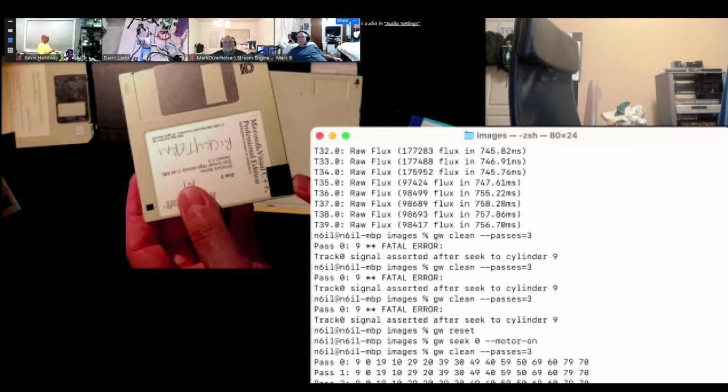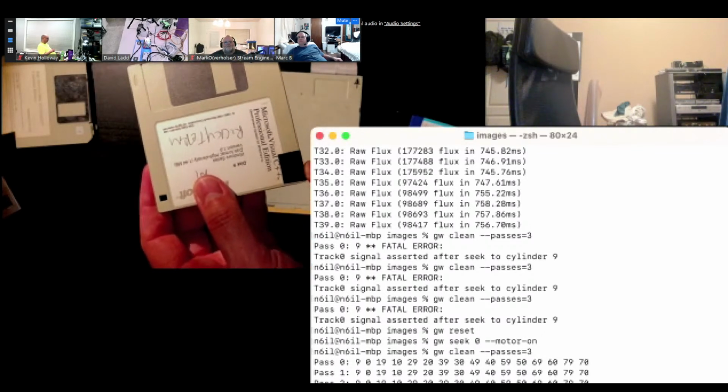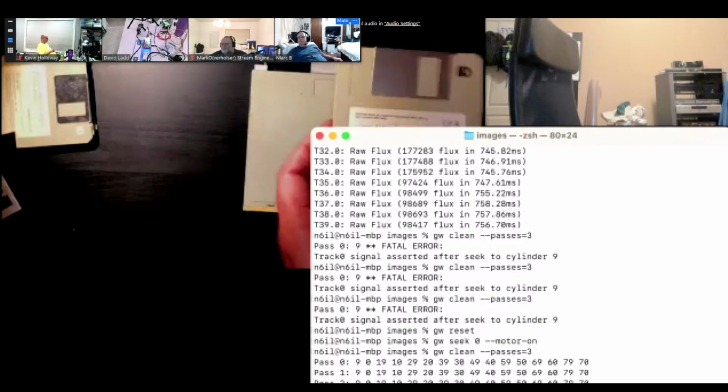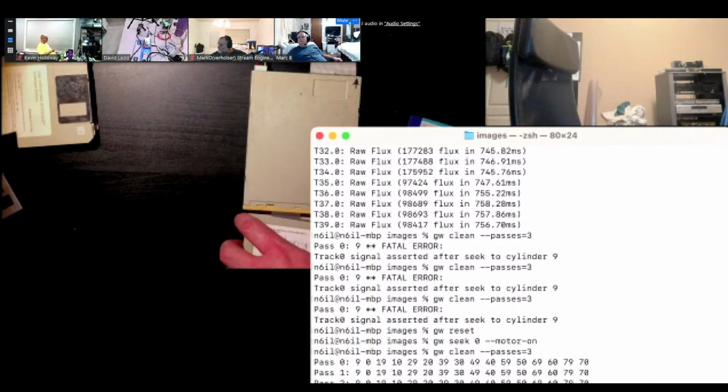If I tape over the hole, it's going to be stuck in double density. If I take it off, it's going to be trying to read high density. So I can either do one or the other, right? Do you understand what I mean? I don't think I explained that very well. Yes,